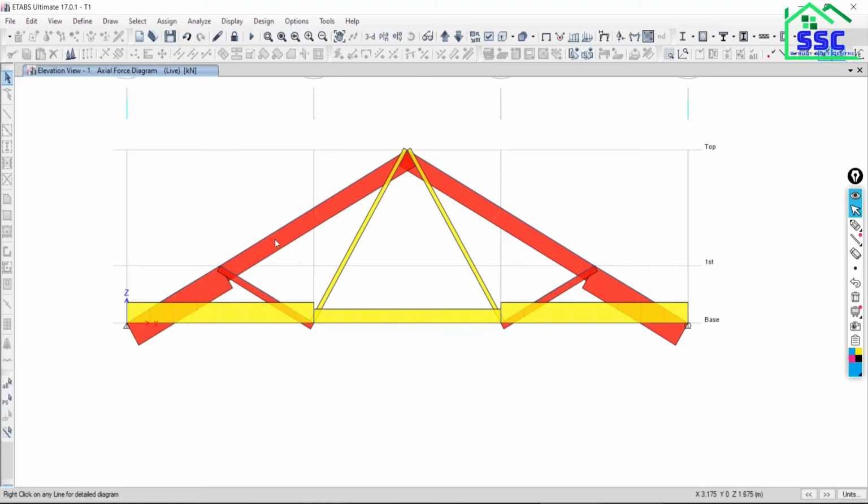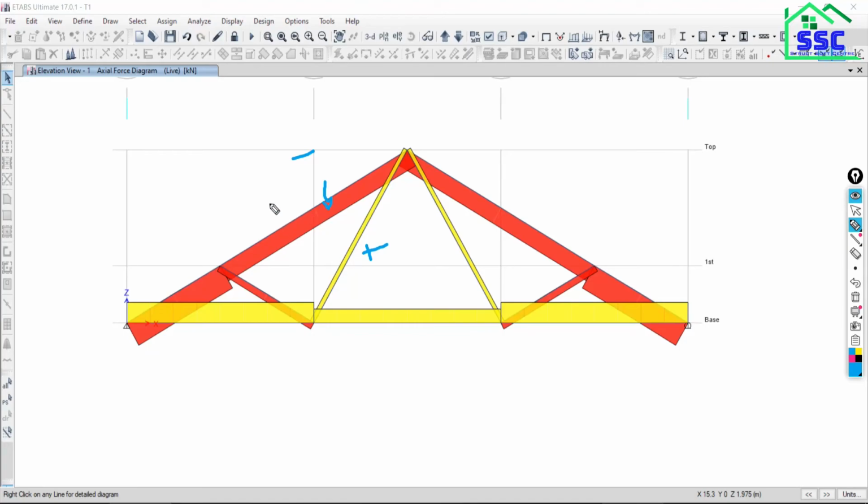Okay, so the red sign means a negative force is there. Hello, you all are with me? Yes. So the red sign shows that this is a negative force, and the yellow sign shows a positive force. Yellow sign shows a positive force, red sign shows a negative force.